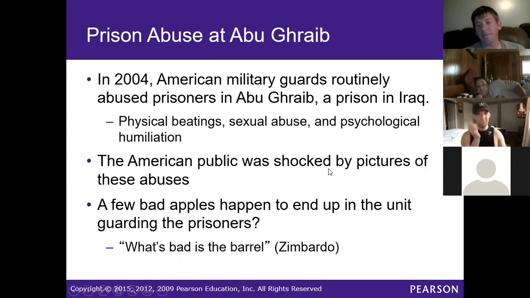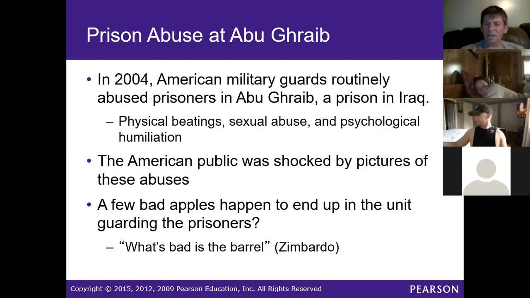But we've seen this in real life. At the Abu Ghraib prison in Iraq, United States soldiers were abusing the Iraqi prisoners, humiliating them, abusing them sexually. Then these pictures were released, and it shocked the American public that we could do this. And Zimbardo said, and the reason why I still teach it is because the concept is right: our social roles can have an incredible influence on what we think, what we feel, and how we act, based on our expectations.